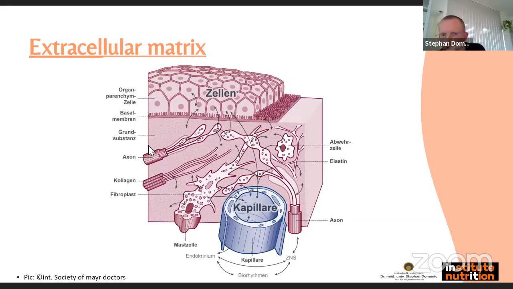You can imagine if this sieve is full of stuff of whatsoever, the exchange between blood and cell is at least diminished. So metabolism as such, as an exchange process, would be inhibited and would not work smoothly. By the way, you see that there are axons, so nerve endings, there are fibroblasts, there are cells of the